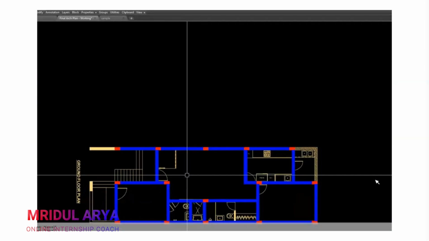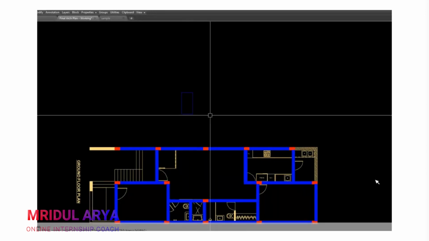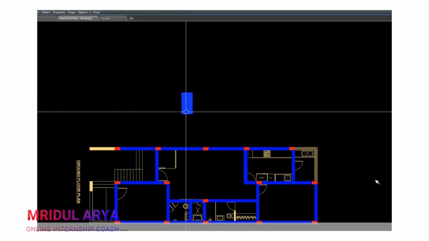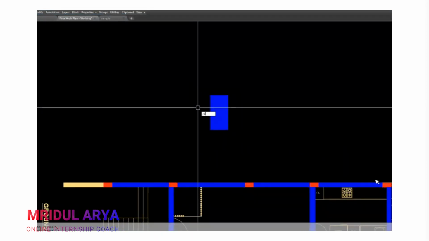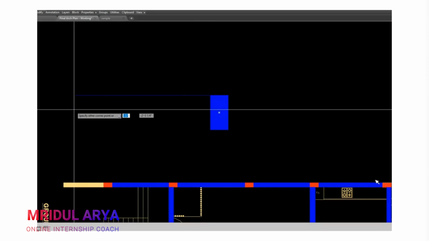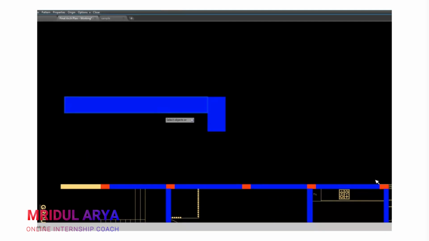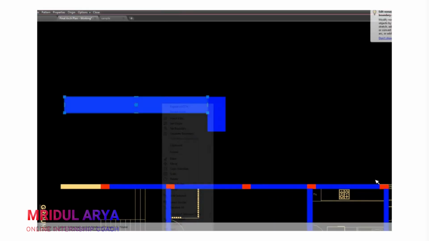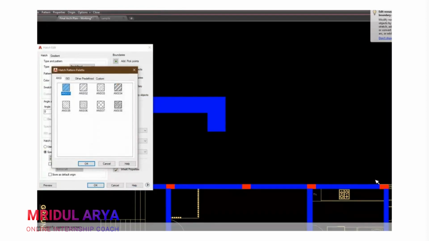Okay. The sunken area, what generally happens is this is your beam in the sunken area, and in general case we usually have a slab like this.